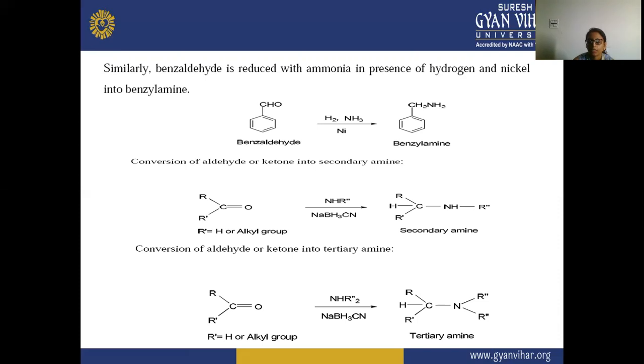So here, a carbonyl compound can be converted into primary, secondary, and tertiary amines in the presence of ammonia and amines also. In the first reaction, you can see benzaldehyde, a carbonyl compound, is converted into a primary amine in the presence of ammonia. Next, the aldehyde or ketone is converted into a secondary amine in the presence of a primary amine plus sodium cyanoborohydride. And in the third, the conversion of aldehyde or ketone into tertiary amine,